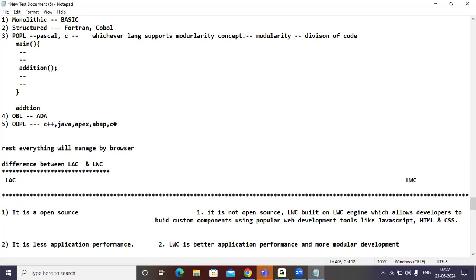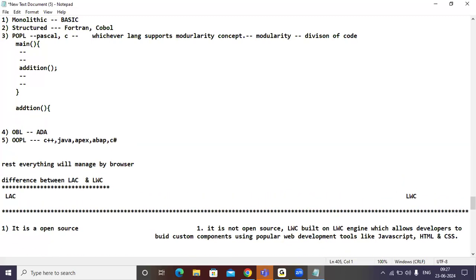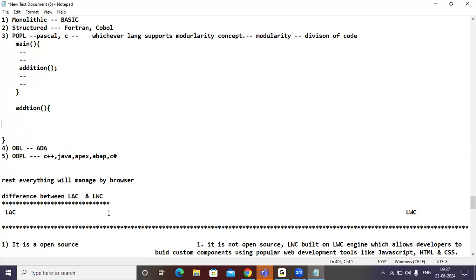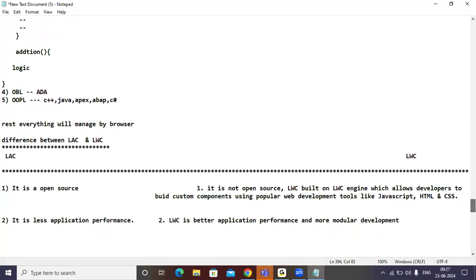Now this is the addition definition point. You people know the functions topic. Yes or no? We have written the logic here. Now tell me, this program can be called the main program. This program can be called what? Subprogram. Like that, we divide the program into two parts. What is this concept called here? Modularity. That is called division of code. So here also LWC has better application performance and a more modular development approach.